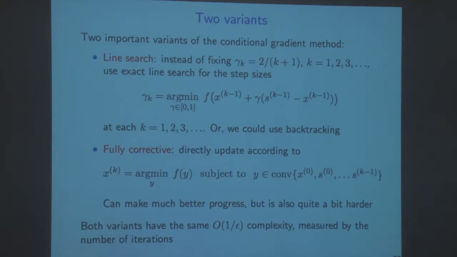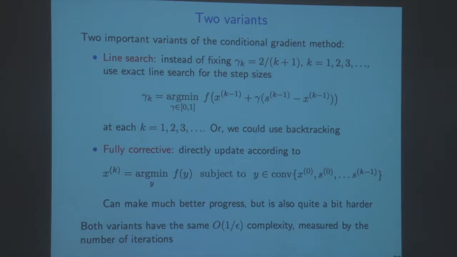Two variants of Frank-Wolfe that I'll mention. One is backtracking line search. Instead of fixing gamma_k to be that quantity 2 over k plus 1, you could use backtracking. I actually wrote down the exact line search here. I don't think there's any reason for that; you could use either. And another very interesting variant that we won't have time to talk about is a fully corrective version,